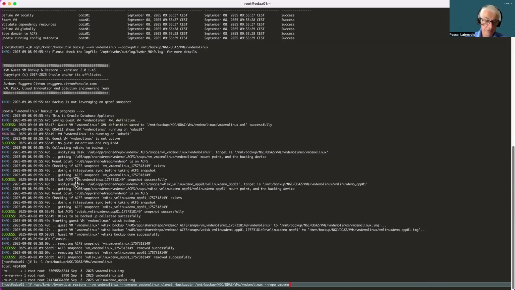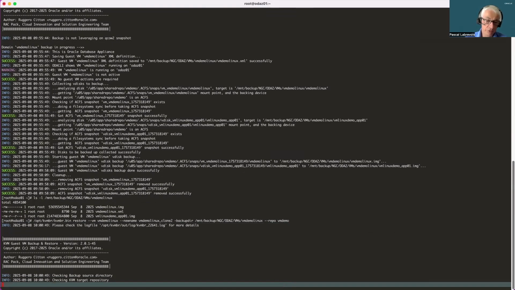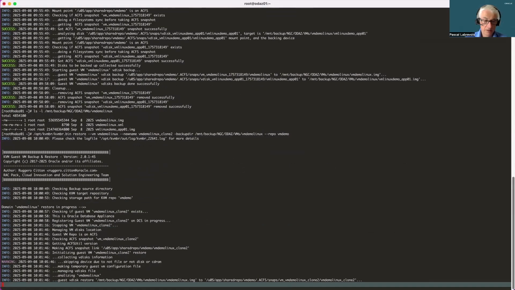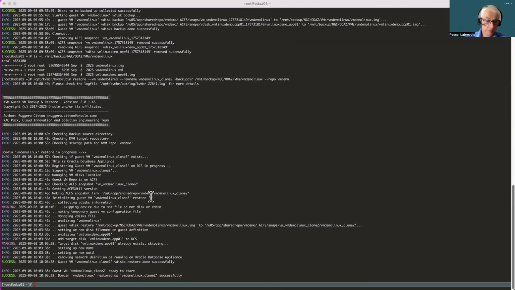I also specify a new VM storage. So it is going to restore and create a new VM on my ODA.